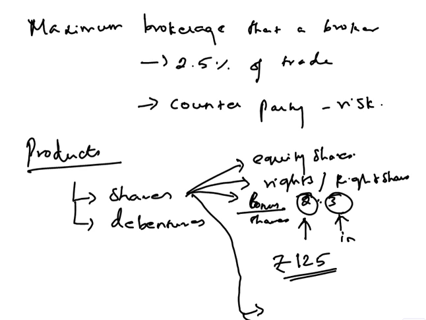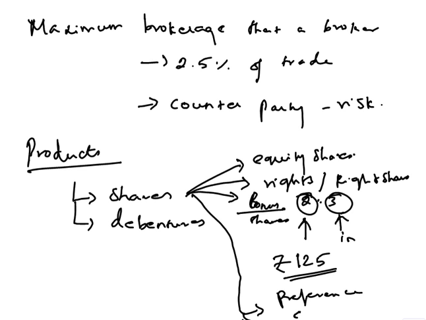So if you take preference shares, these are the kinds of shares that are entitled to a fixed dividend. This dividend should be paid to the preference shareholders before paying dividends to the equity shareholders. They enjoy that priority. Also, in the case of any liquidation, however, their claims will go below the claims of the company creditors and the bondholders or the debenture holders. After that only their issue will be addressed.